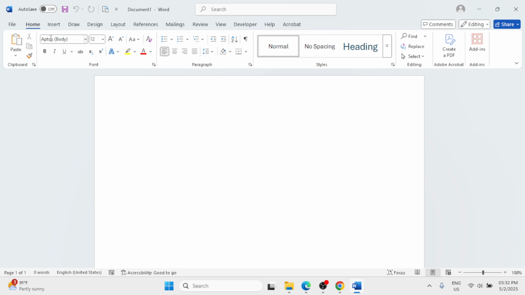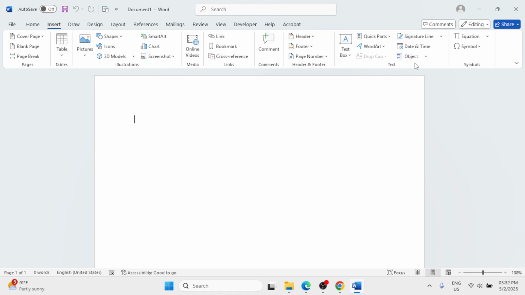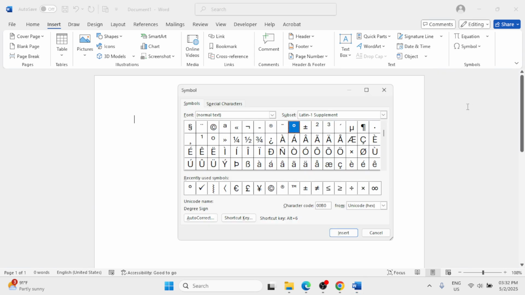Okay, so here we just need to simply look at the ribbon at the top and we can find the Insert tab. Here you can find Symbol. Click on this drop down and choose More Symbols. And then for the font, simply click on this drop down and then scroll down to the S section. And you will find